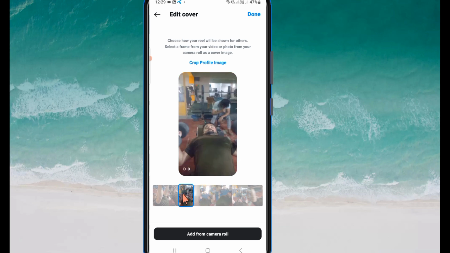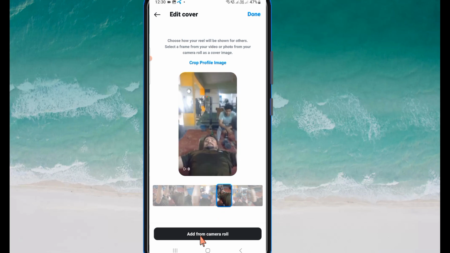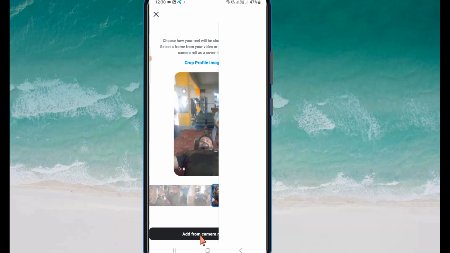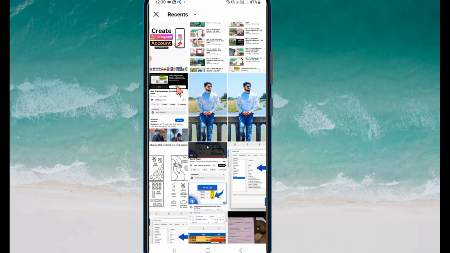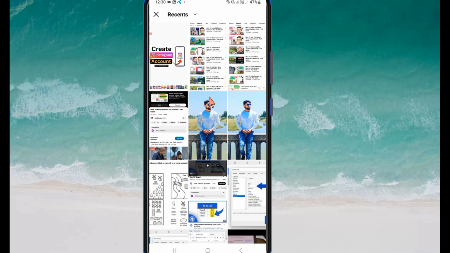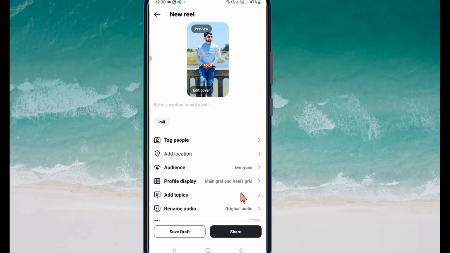If you do not want to add any thumbnail from here, you can add one from your gallery. You can see the option of add from camera roll, so just click on it. After that, you can see it shows your gallery. Just select any thumbnail according to you. After selecting the thumbnail, you can see the done option, so just click on it and then click on